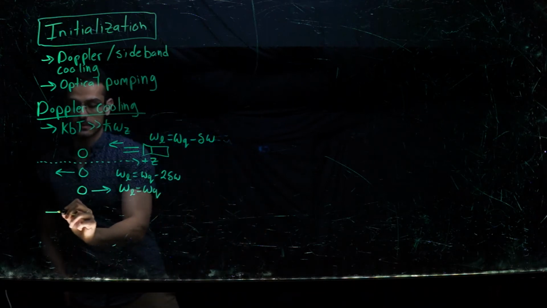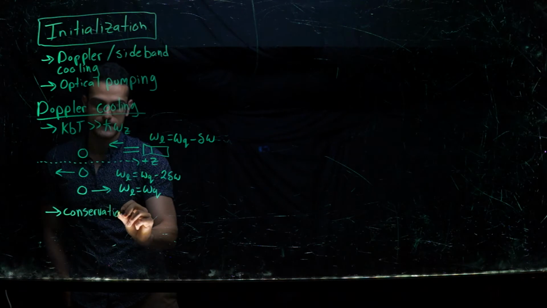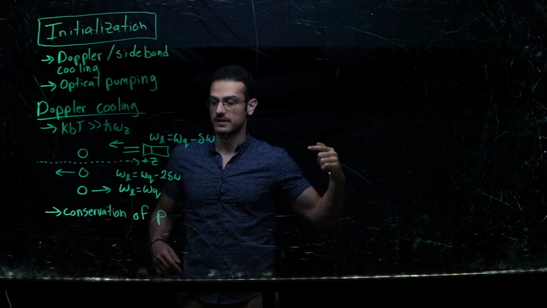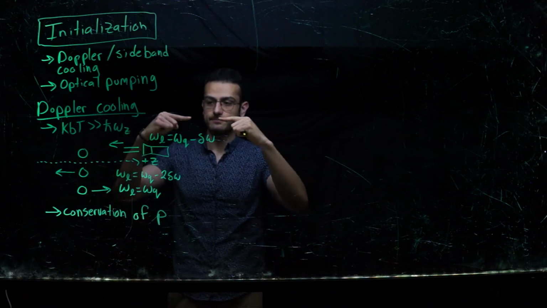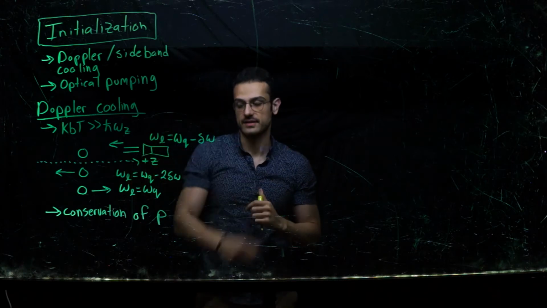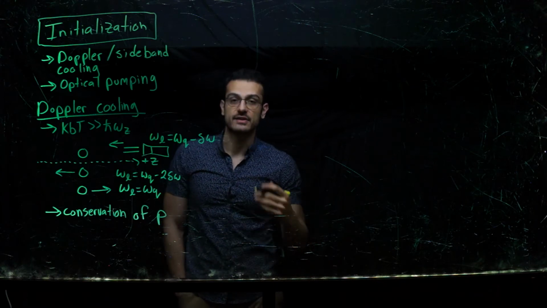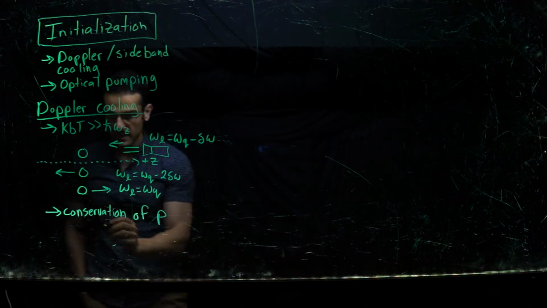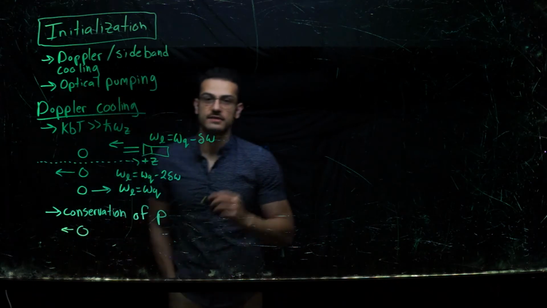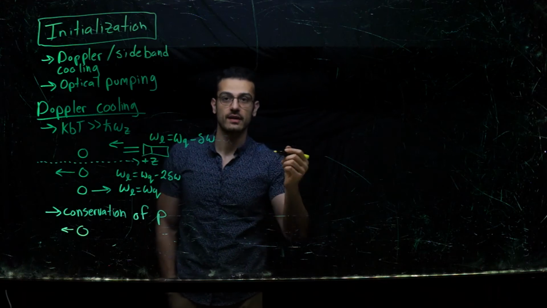Well, it helps cool the system because of conservation of momentum. So the photon is coming this way, the ion's coming that way. The ion absorbs the photon. Now its motion towards the laser is decreased, so it's traveling slower. But at some point, the ion is going to have to re-emit that photon. If it re-emits the photon in this direction, because of conservation of momentum, it's going to get a kick going back in the direction it was already going,